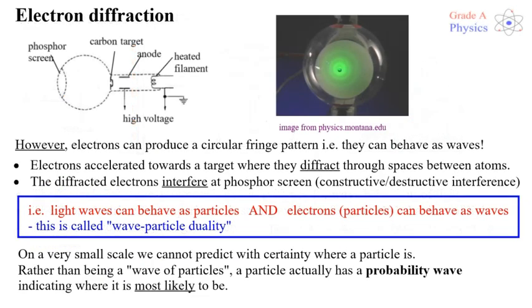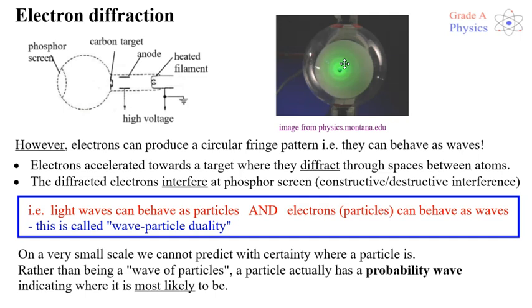So this takes us into the electron diffraction experiment. This is a really important thing that you need to be able to describe in the exam. So we've got an electron gun where we produce a beam of electrons. We don't need to understand this process, but it's due to a heating, something called thermionic emission. So we produce a beam of electrons and they're attracted towards a positive electrode, the anode, and then targeted at a target, usually carbon or graphene,